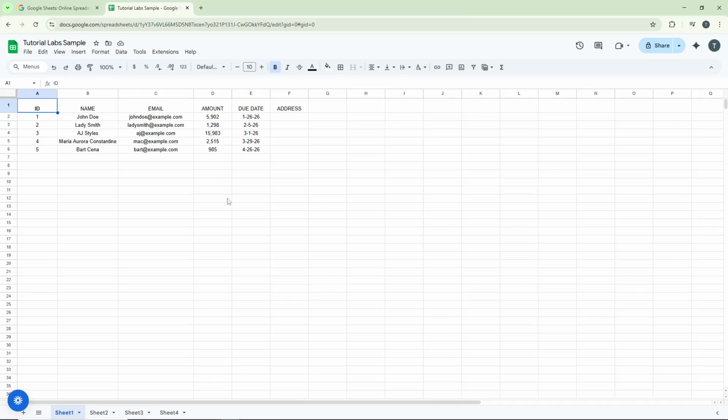Now comes the part where you select the data you want to transform into a table. To do this, click on the first cell of the range you want to include. While holding down the Shift key on your keyboard, click on another cell that marks the end of your desired range. This action will highlight all the cells in between, effectively selecting the entire block of data you want to organize into a table. This selection method is quick and ensures you capture exactly the data you need without missing